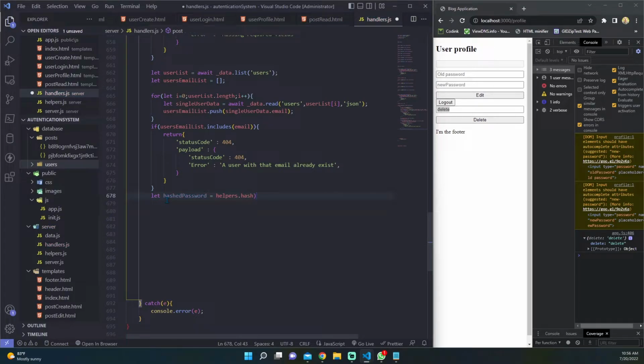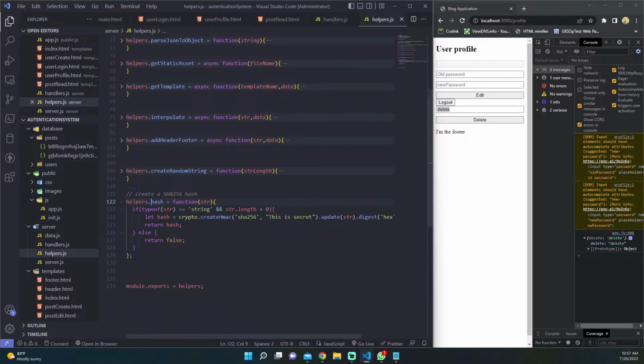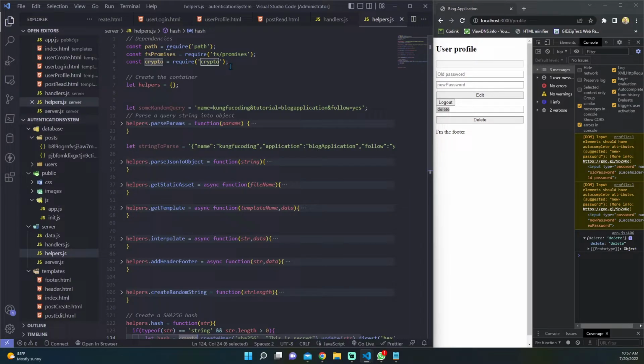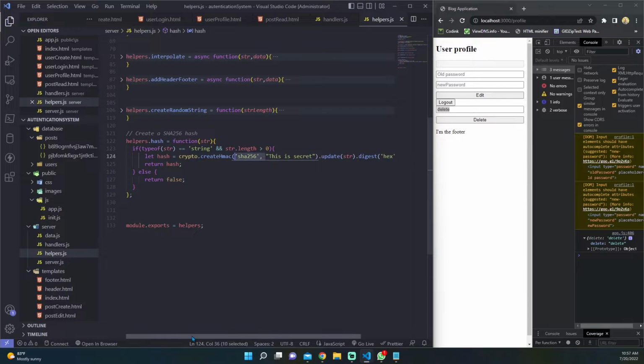We want to hash the password, okay? Here this function does nothing else than hashing a given string. It is built with the crypto module. You can very quickly achieve this goal by importing the crypto module inside your project and using that, which will